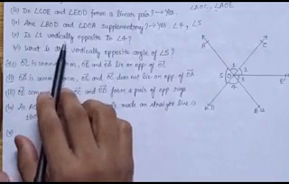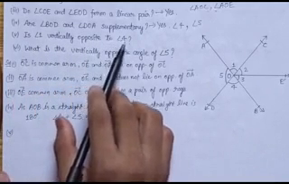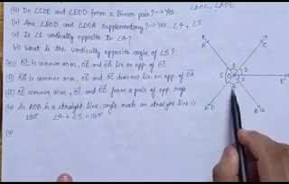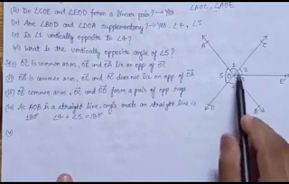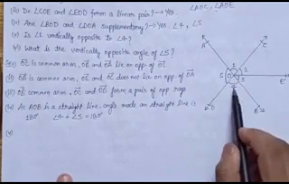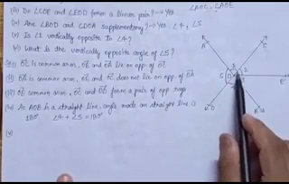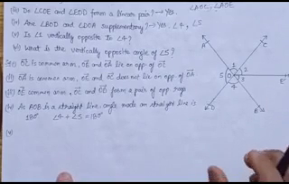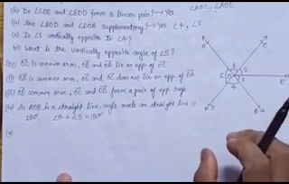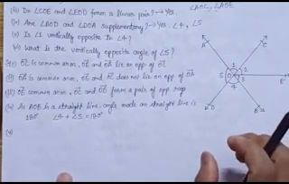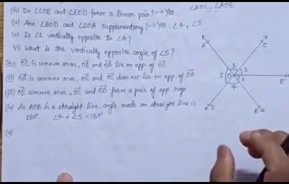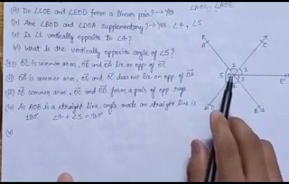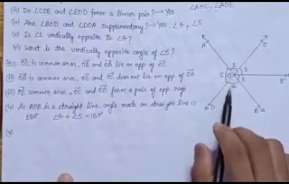Is angle 1 vertically opposite to angle 4? So where is angle 1? This is angle 1 and this is angle 4. So what is the condition for vertically opposite angles? Two angles are said to form a pair of vertically opposite angles if their arms form two pairs of opposite rays. So when you observe these two angles, angle 1 and angle 4, then you can